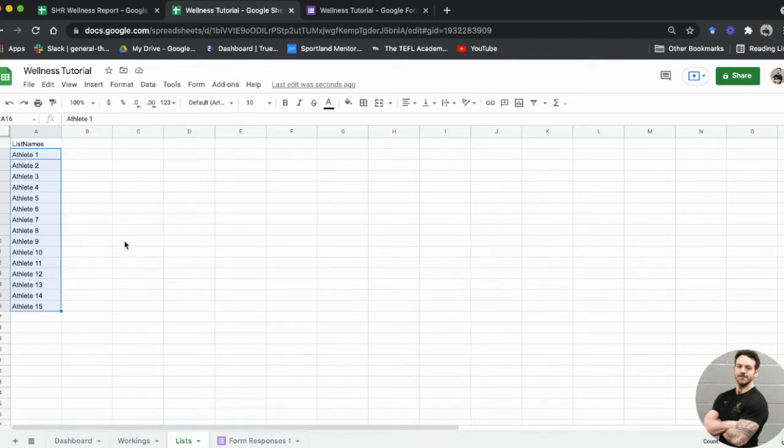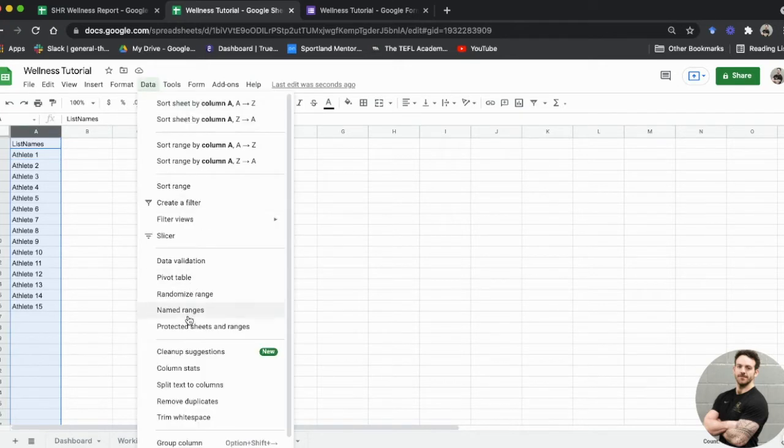Now, we're going to create a named range from this so that we can take it elsewhere in the spreadsheet without having to type them out every single time. If you know the exact number of athletes, all you need to do is click and highlight their names. If you think you might add some or take some away, you can select the whole column, and we're going